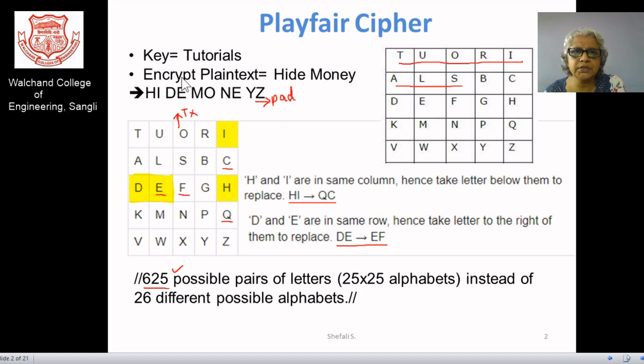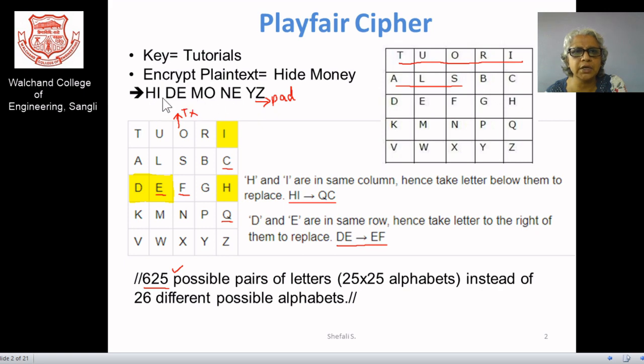Now if the plaintext is "hide money", then as I said earlier, for the Playfair cipher we take two letters at a time for the encryption. Hence we divide this plaintext into groups of two.